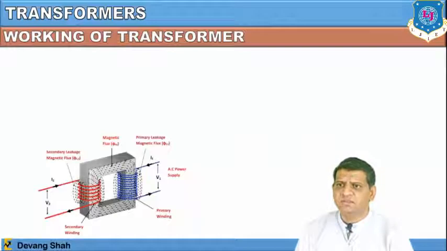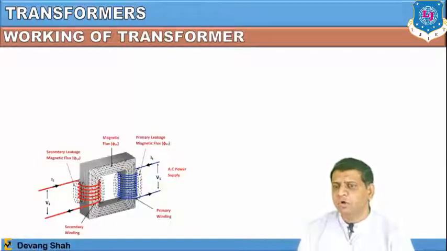So let us first start with the working of a transformer. There are two windings, primary and secondary. Once you apply AC current to the primary winding, magnetic flux is generated in the core. This flux links with the secondary winding and also induces EMF in the secondary winding. This is the basic principle behind the transformer, which we define as electromagnetic induction using